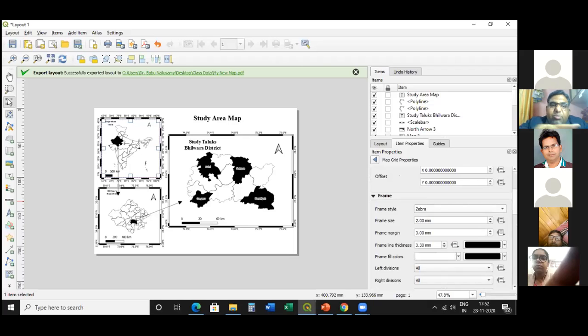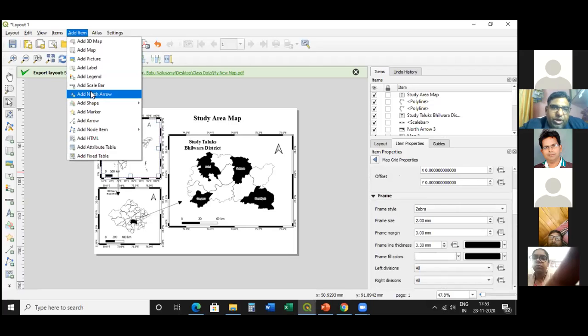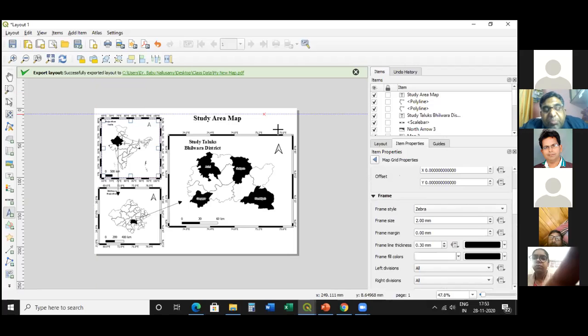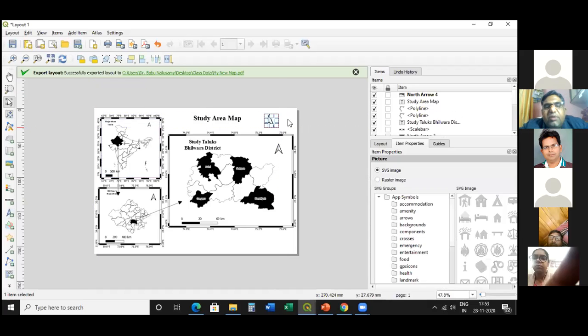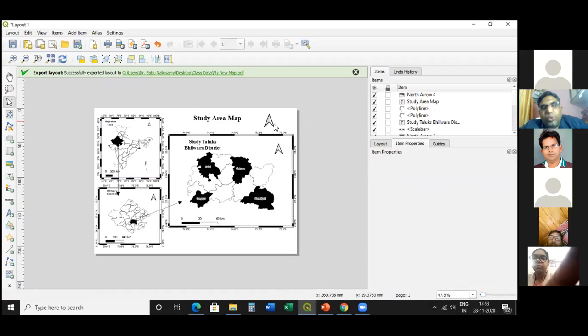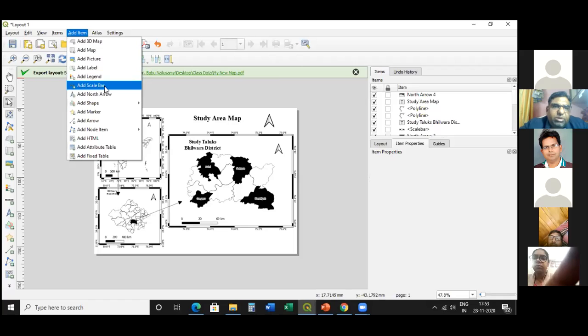अब जब ये पूरा मैप बन गया तो हम क्या करते हैं, इसमें सबसे पहले ऐड आइटम में जाके इसके अंदर हम नॉर्थ जोड़ देते हैं। तो नॉर्थ एरो इसके अंदर आ जाता है, तो मैप में नॉर्थ डायरेक्शन किस तरफ है वो क्लियर हो जाता है। इसके बाद हम इसमें स्केल जोड़ते हैं। और स्केल को सर ने बहुत सुंदर तरीके से बना के बताया था।